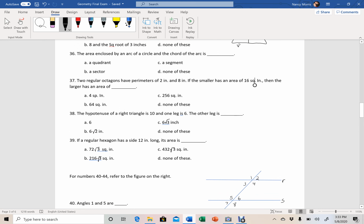Okay, and I believe I gave you the formula for this before, but let me write it on here so that you have it. We have two regular octagons, and we're looking at perimeters. Our formula will look like this: the perimeter of 1 over the perimeter of 2 equals P1 squared over P2 squared. These being the perimeters